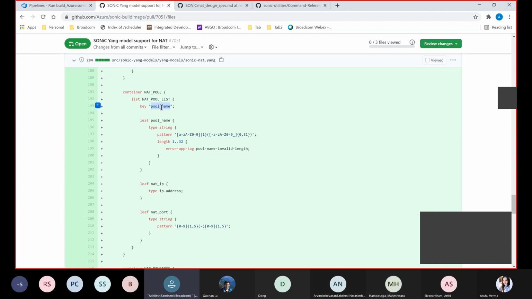I think for interface we followed that method, meaning NAT pool is already mentioned, so that's the reason. Do we need to explicitly say pool name, or just go with name? I think we are giving name right now to every such key.